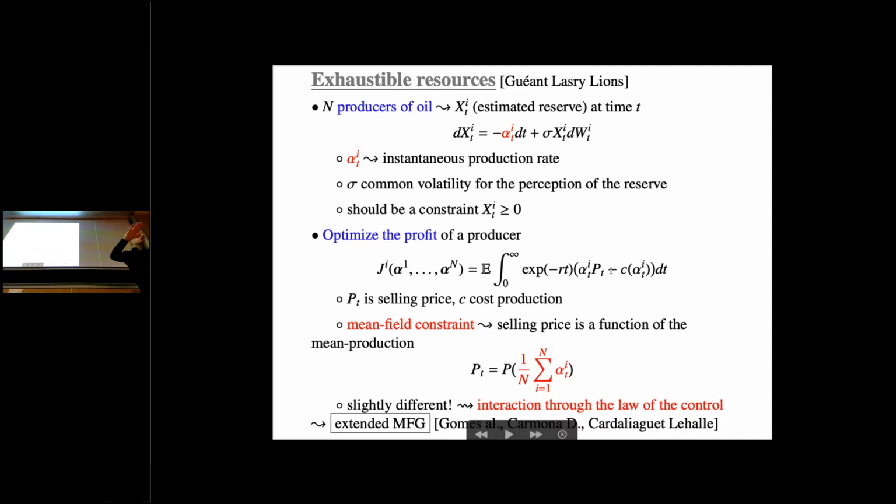I'm not going to describe a function C for the cost of production, and I assume a kind of symmetry between the particles or between the producers, in the sense that all of them use the same cost of production. You may have subpopulations with different functions C. This would be a kind of generalization. And now, what would be the key points?